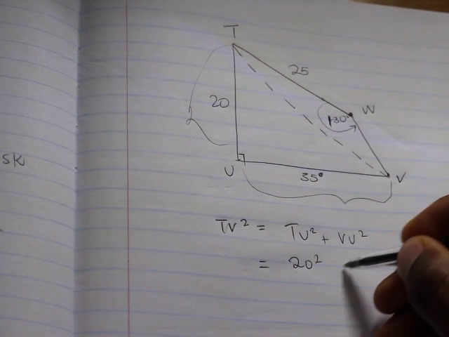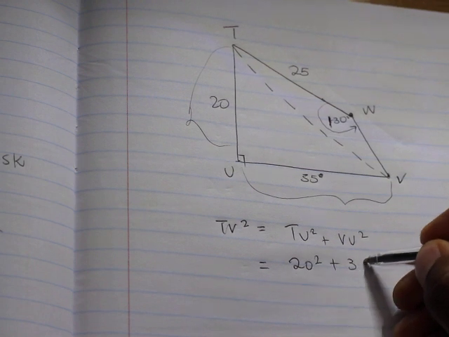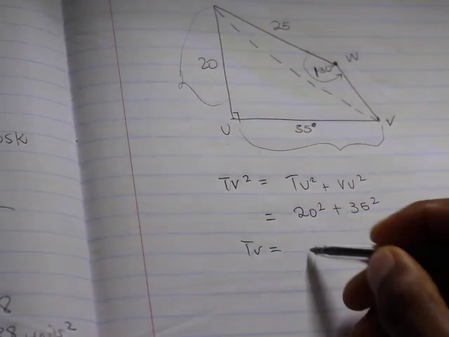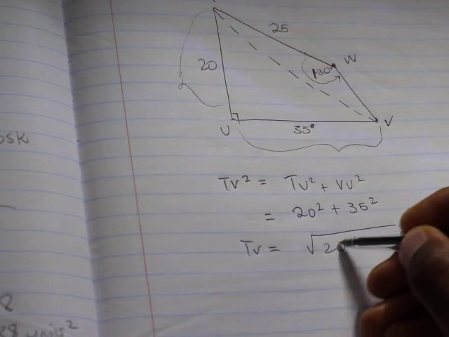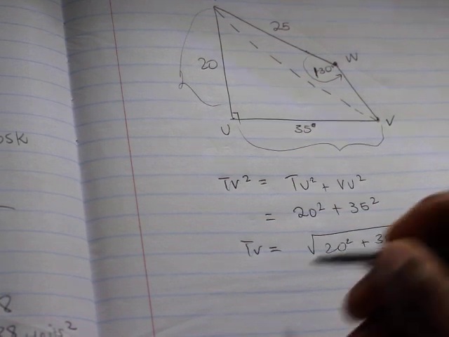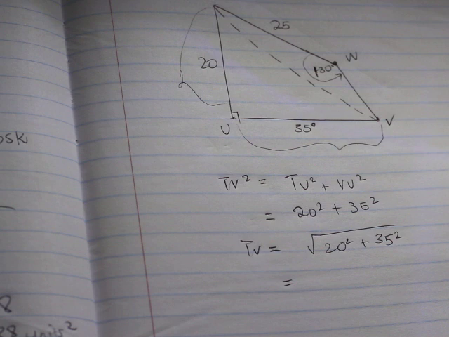TU is just 20 squared, and then VU it says 35, and then we square it. Then TV becomes the square root of that, 20 squared plus 35 squared. So now the square root of 20 squared plus 35 squared,